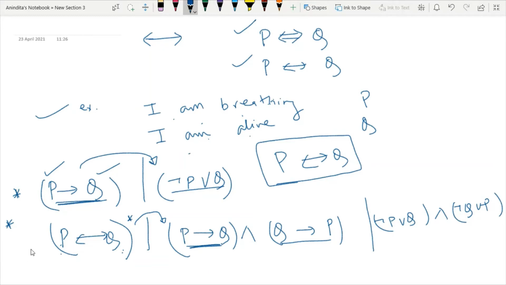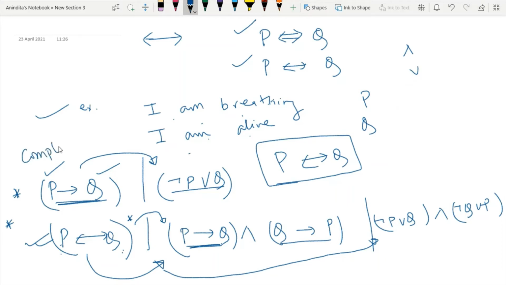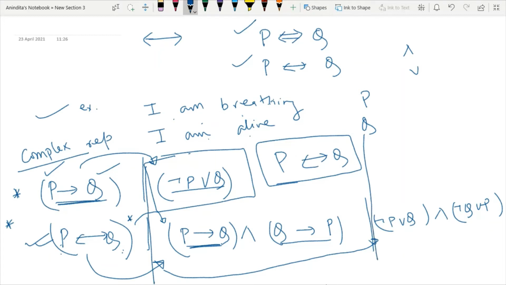So, whenever you have your biconditional propositional representation, either you can use this abbreviated form or you can use this abbreviated form. And remember one point, here we will use the concept of union as conjunction and the concept of intersection as disjunction. So we will use and, or for that purpose. This is your complex representation, and this complex representation will be abbreviated as this. So this section denotes the abbreviated forms.